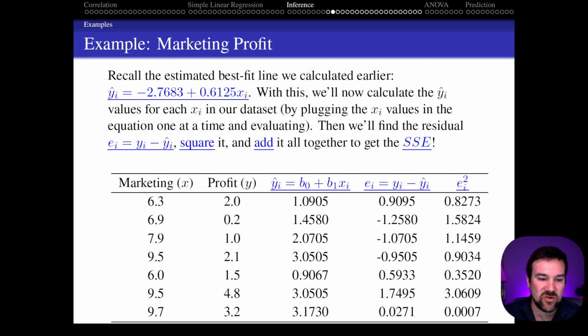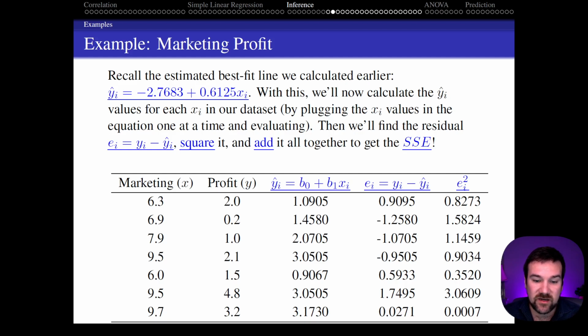So I'll take each x. For that first row, that'll be my 6.3. I'll plug it in for x in that top equation, y hat equals negative 2.7683 plus 0.6125 x, the one at the very top of this slide. I'll plug in 6.3 for x there, solve that, and that becomes the first number in this third column,